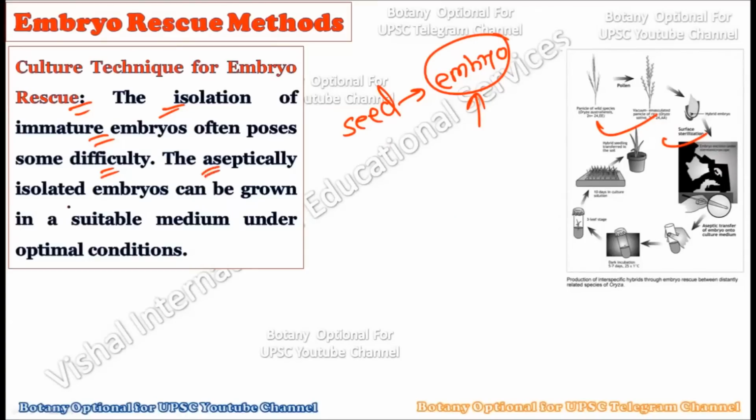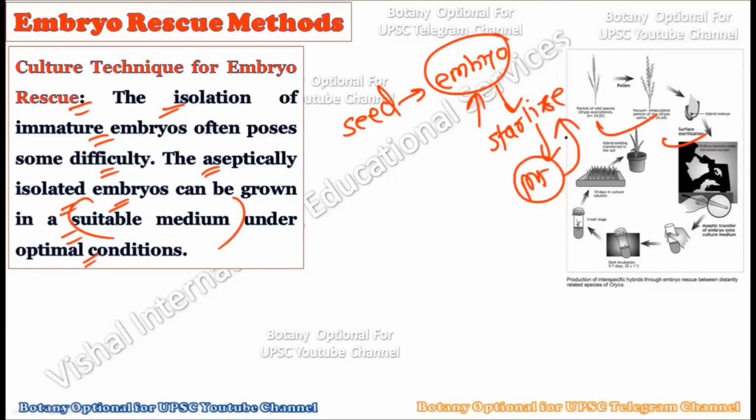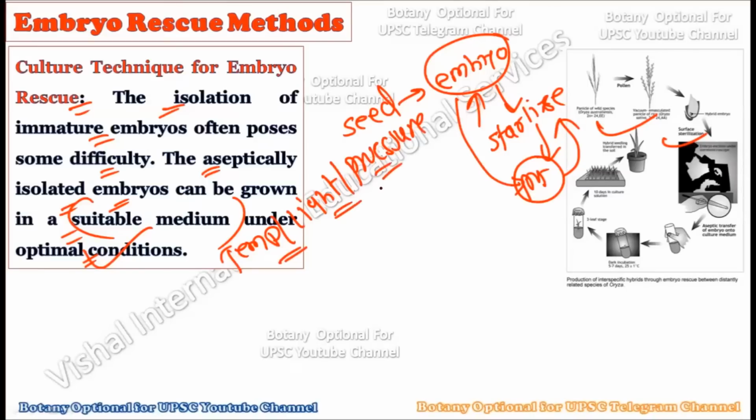seeds. Now the isolated embryos can be grown in a suitable medium under optimal conditions. For example, once you extract this particular embryo, we should sterilize it, in order to avoid any infections later in the plant tissue culture. Then we will find a suitable medium for it. The majority of the time we use the MS media, but the media used for embryo growth and development is much more complex when compared with other media. So we will create a suitable medium, and on this medium the embryo will grow, and we will provide optimal conditions such as optimum temperature, optimum light, optimum pressure, etc. All these conditions can be provided to these embryos so that they can grow optimally within the plant tissue culture